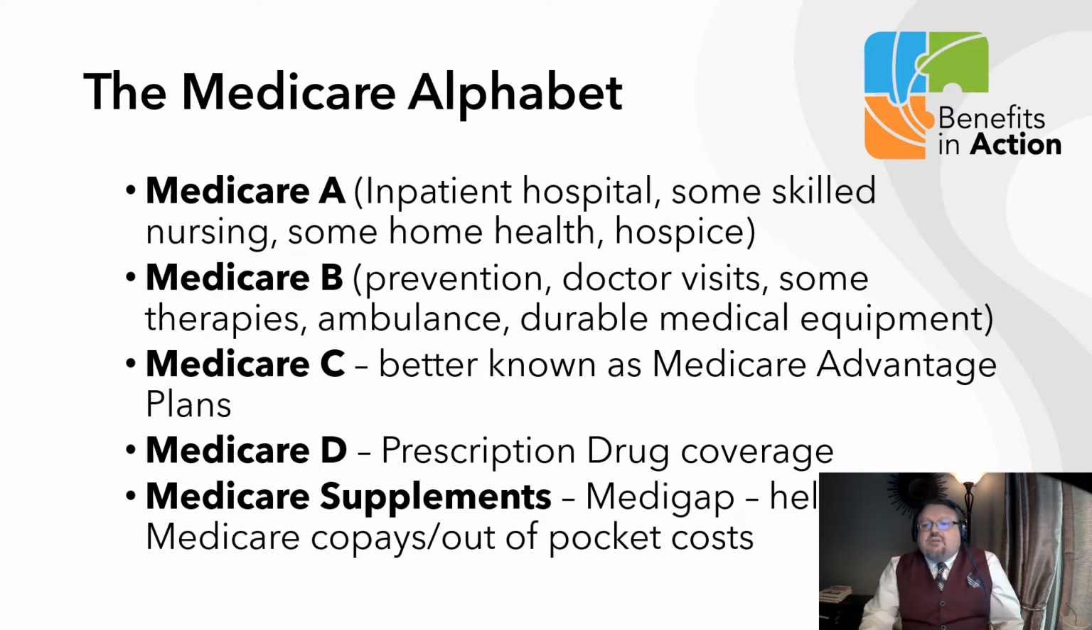Part A refers to inpatient hospital or skilled nursing facility services. Part B refers to those services received on an outpatient basis at one of those facilities: doctor's office visits, any kind of prevention care, therapies, ambulance, and durable medical equipment. Part C is Medicare Advantage. Part D is your prescription drug coverage. And we'll talk about Medicare Supplements or Medigap policies that help pay for the many Medicare costs that come out